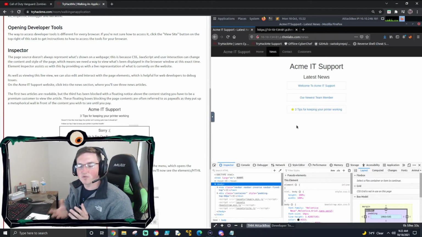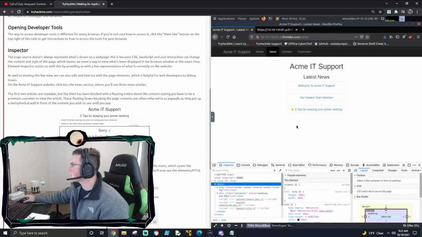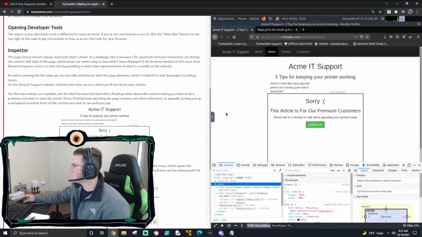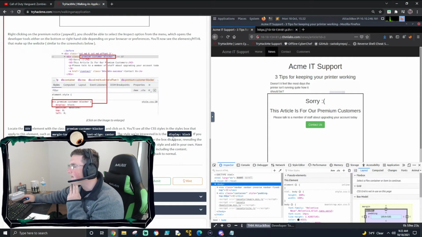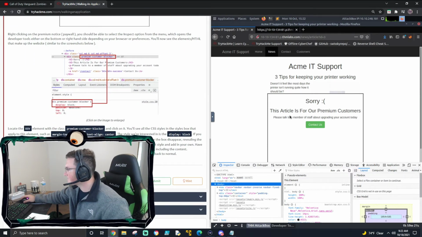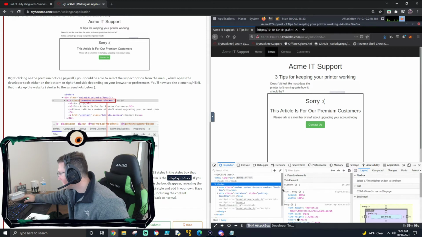So here's where you get to see some cool stuff with web development. So this one here, if we click on it, boom, it says, sorry, this article's been blocked. Okay, so that's interesting. So now we know it's been blocked. Let's see if we can find out what's blocking it. So as we go through here in the inspector, we'll find,